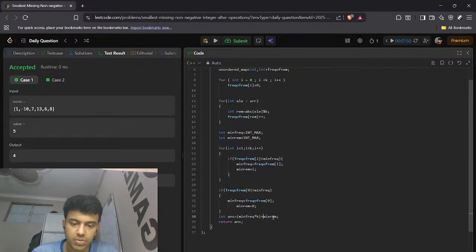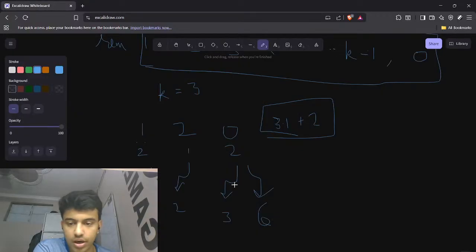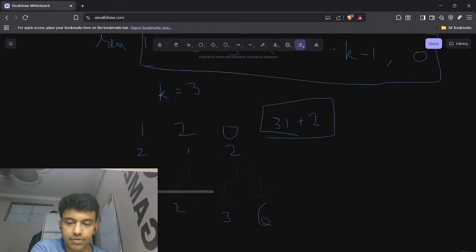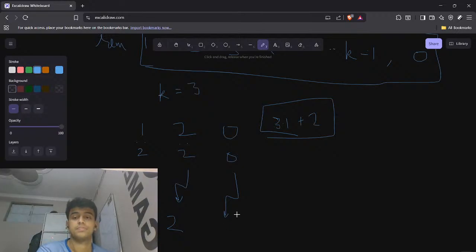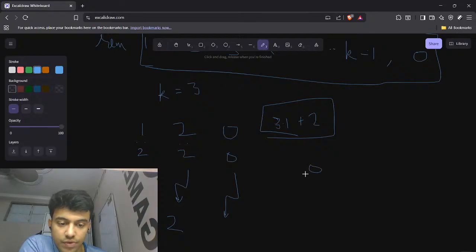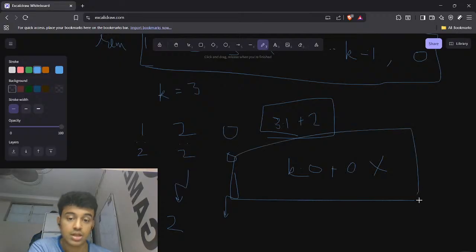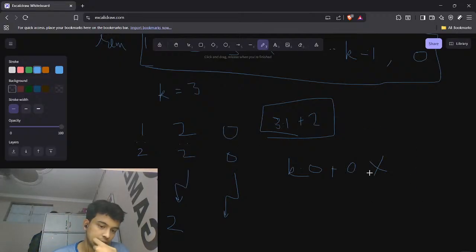One condition here would be different. If we had something like this, 2 2, and 1, or let's just say 0, then from this we will make 1, from this we can make 2, right. Now from this we cannot make 3, so 3 would be missing. Now what would this be considered, 0 frequency star k plus 0. In this case you would have to return